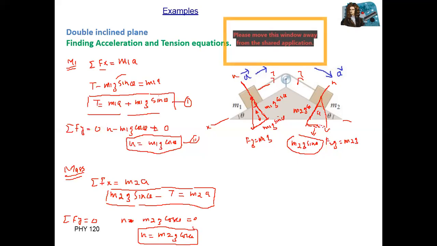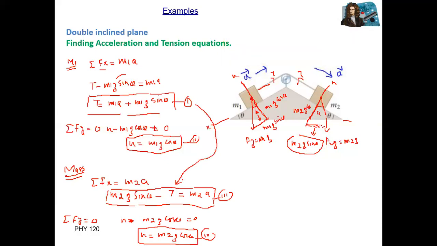To find the acceleration equation and tension equation, let's suppose this one is the third equation and this one is the fourth equation. If we put the tension value from the first equation into the second equation, like this one, putting the tension value from equation number first